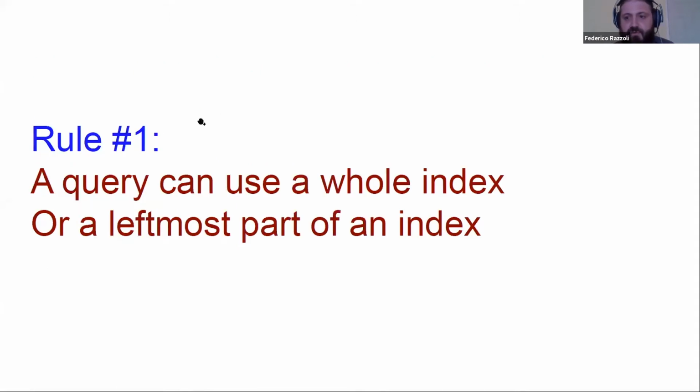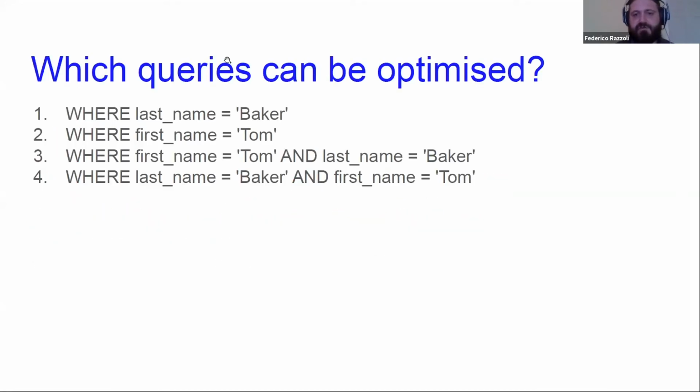I see there was a question that I missed. Let me check. Sorry, I'm not familiar with the interface. Okay, so Victoria asks, do I mean that an index of last name, first name, I can optimize query number four? Yes. Okay, I hope you can see the slides even if I cover them temporarily. Yes, definitely. Again, queries 3 and 4 are basically the same thing. It doesn't matter in which order you write the conditions.